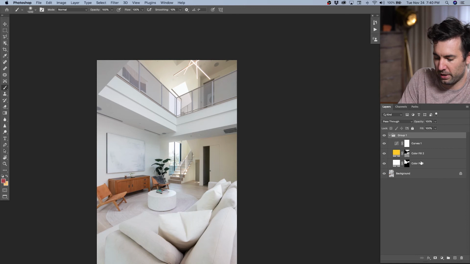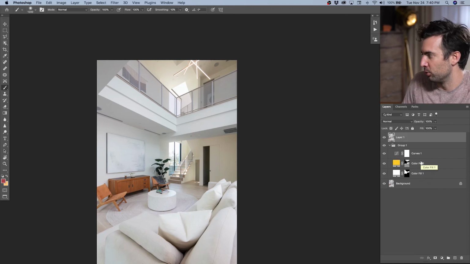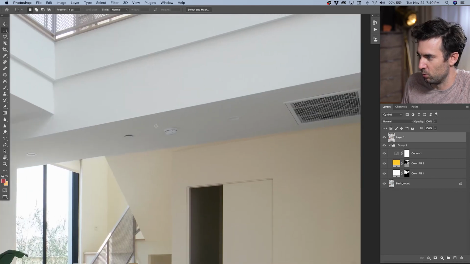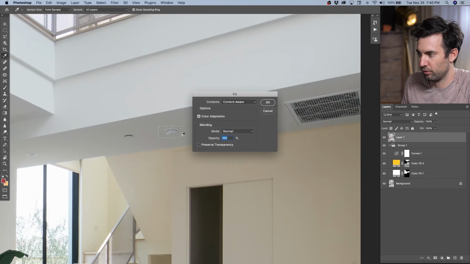So I'm going to go ahead and Command Alt Shift E, flatten all to a new layer, and start my cleanup with the things I don't really want in the picture. Shift F5,